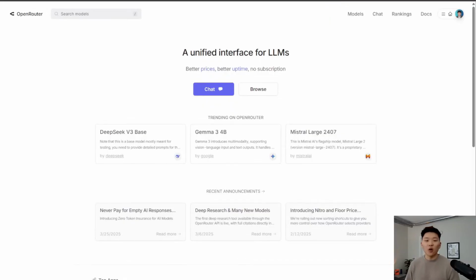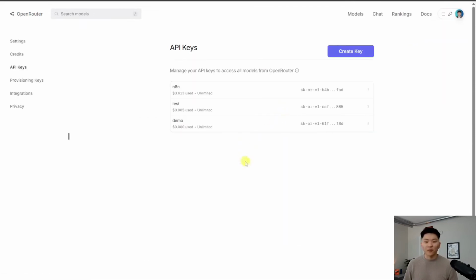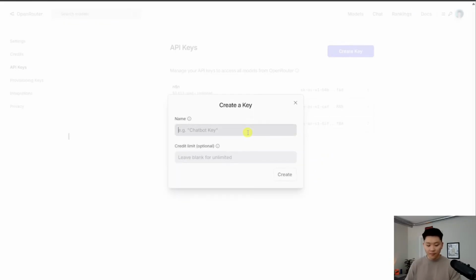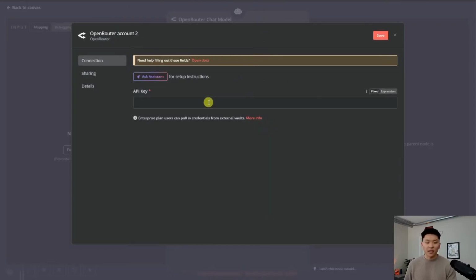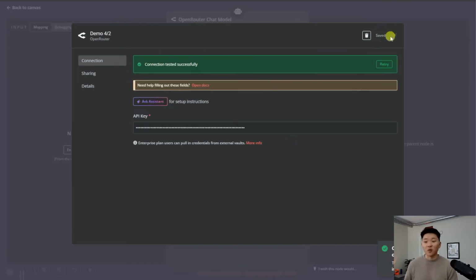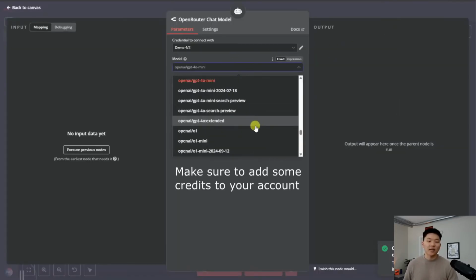So you'll head over to openrouter.ai, you'll sign up for an account, and then all you have to do is, in the top right, click on keys. And then once again, kind of the same as all the other ones, you're gonna create a new key, give it a name, click create, and you have a secret key. Click copy, and then when we go back into N8N, paste it in here, give it a name and hit save, and we should go green. We've connected to Open Router, and now we have access to any of these different chat